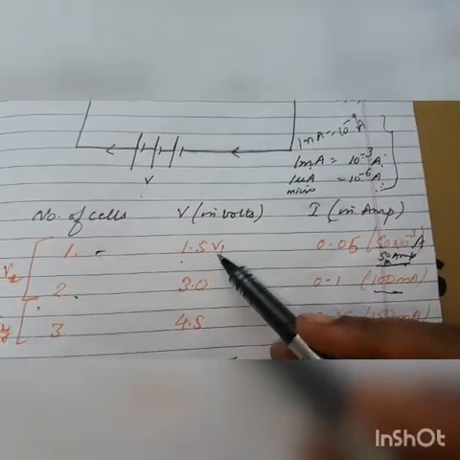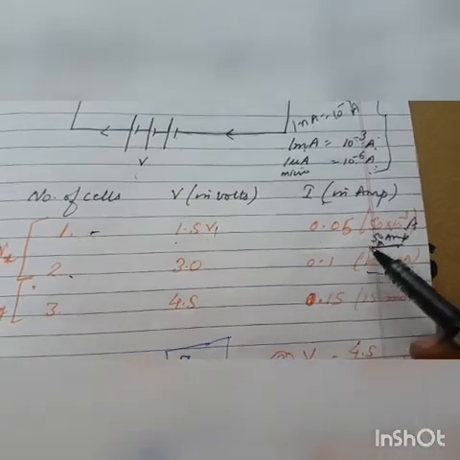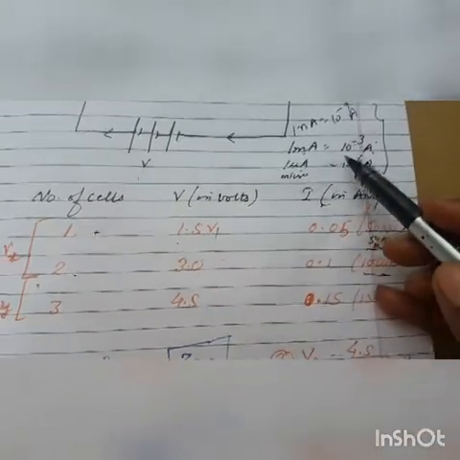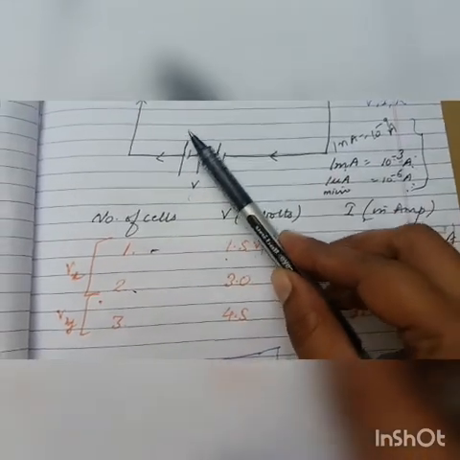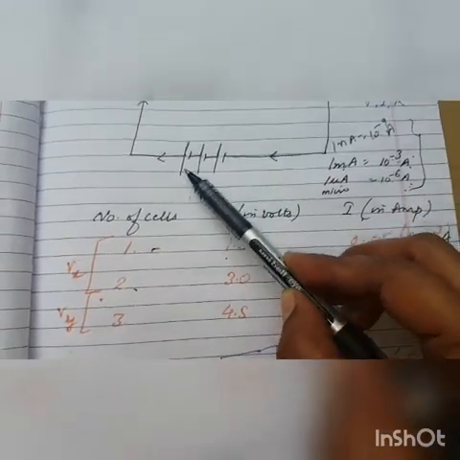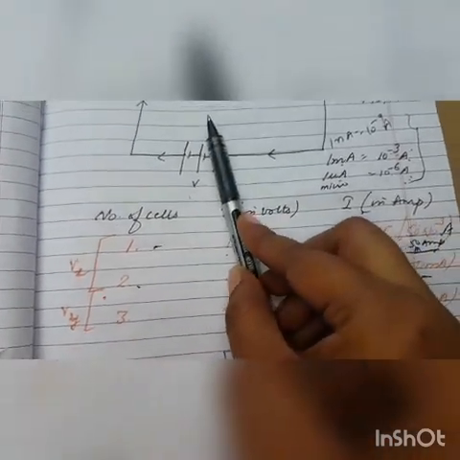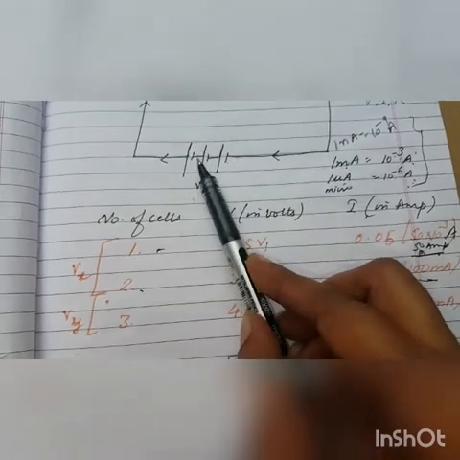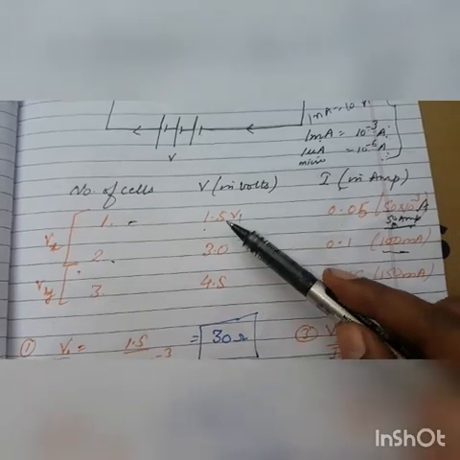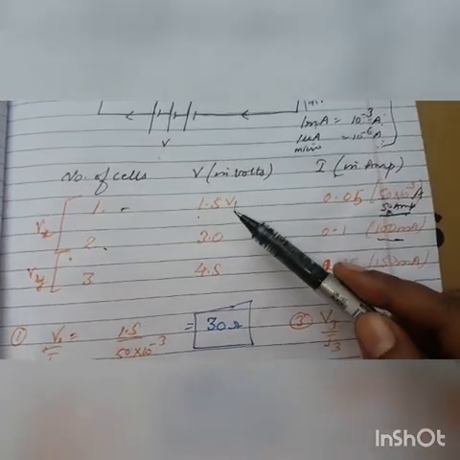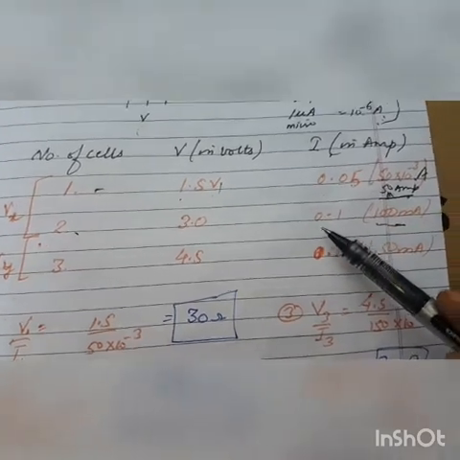This potential is very small, so the current corresponding to this value of potential is also going to be very small, and that is in milliamperes. So let us connect the second cell also. In the first case, these 2 cells were not connected, only the first cell was taken. Now we are going to connect the second cell also. We are using these 2 cells together now. So the potential becomes 3.0 volt, because one cell is offering 1.5 volt. Next, the current corresponding to that is 0.1.